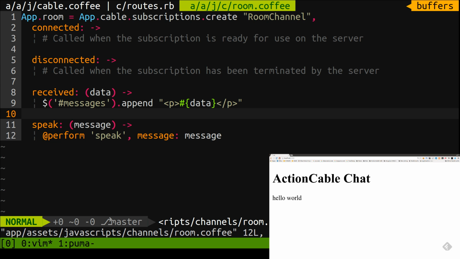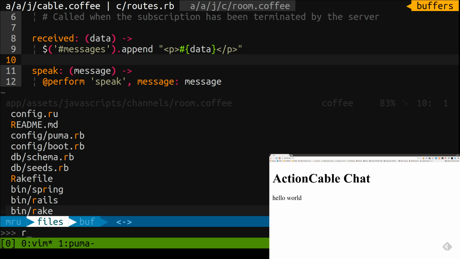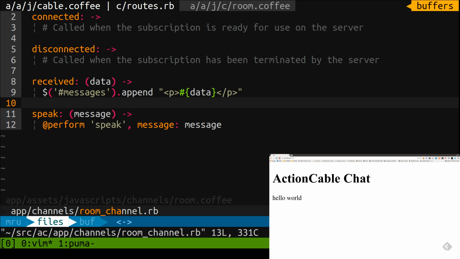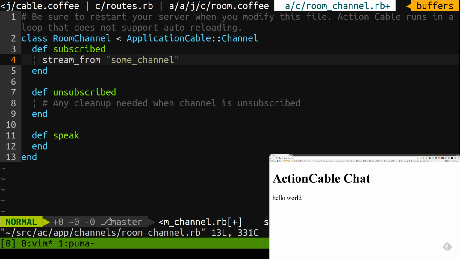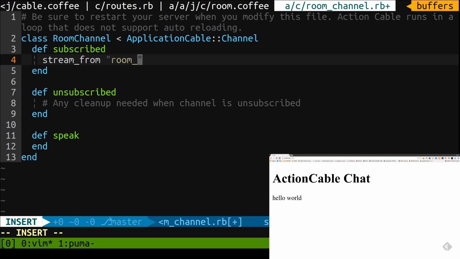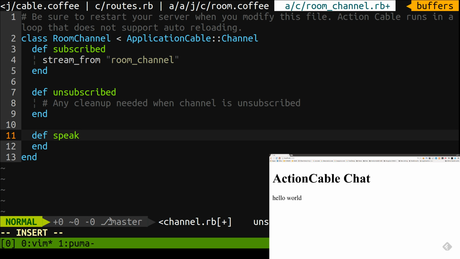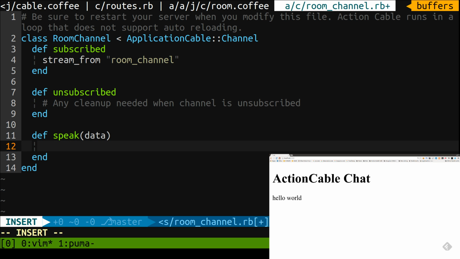Now let me open up the backend channel here. This is one of the things about the Rails 5 ActionCable generator that is kind of confusing: stream_from is not set by default, so you need to populate it. It's simply going to be room_channel, and then speak is going to have data passed to it. The front end is actually going to be through ActionCable. You're going to be getting a hash. So here we'll have data, and that'll have a message